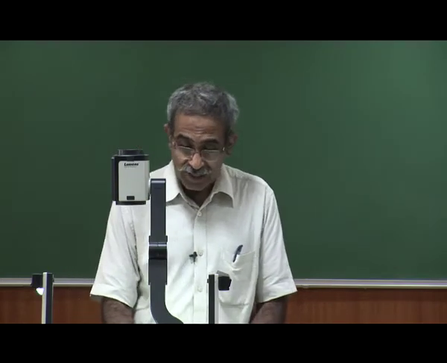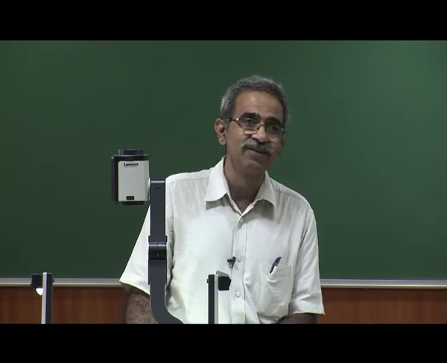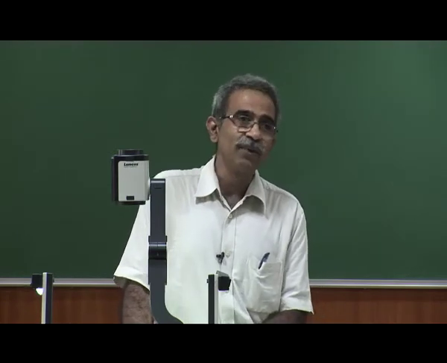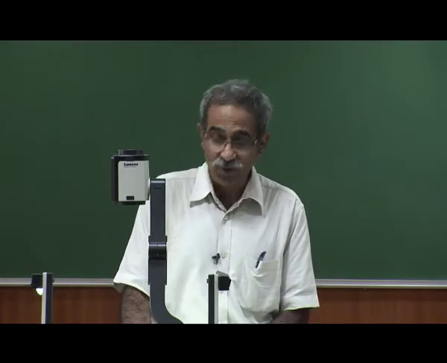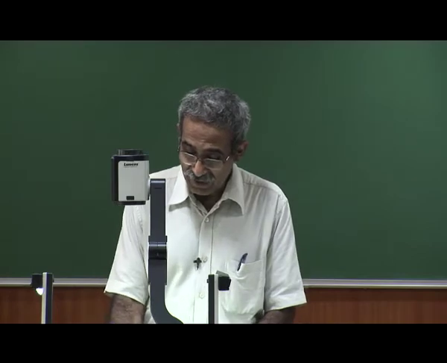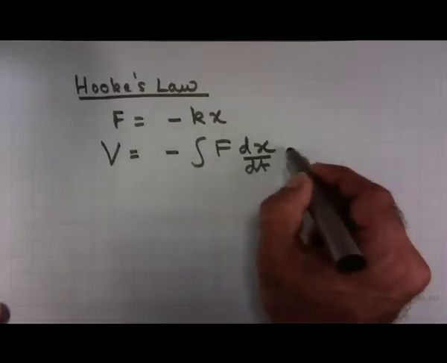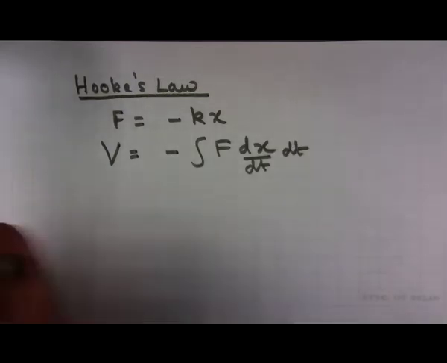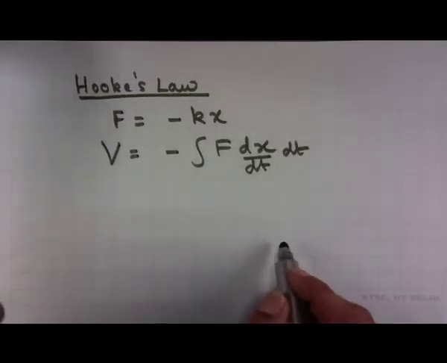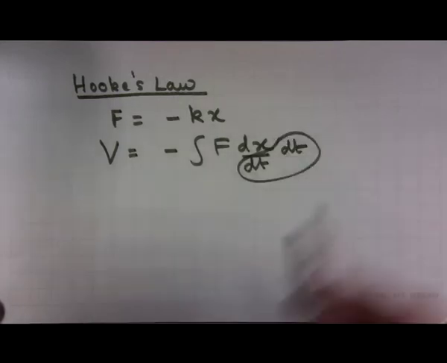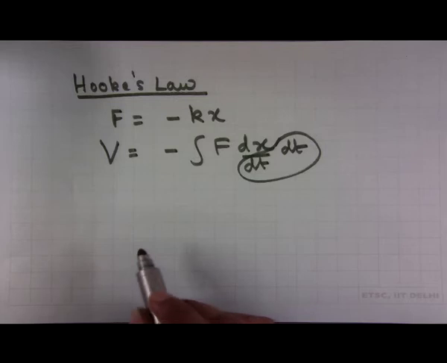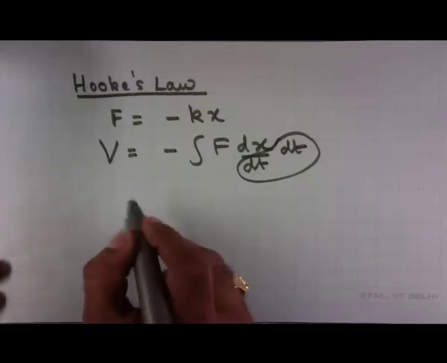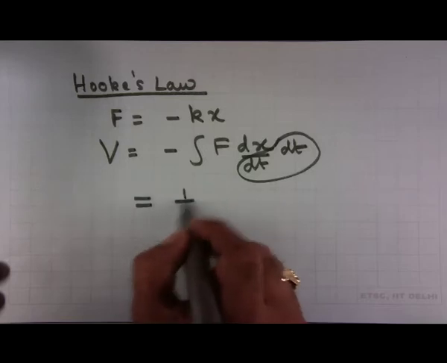If you have a more general case, for example, a particle is free to move in 2 dimensions or 3 dimensions, then what will happen? The force may be acting in one direction and the motion may be in another direction. So we don't want to do that. So what are we saying? Basically we want to write it as minus x dx by dt into dt. For example, I want to follow what is happening. Is that right? So this is what I have in my mind. So in rectilinear motion there is no problem at all, because force is in some direction, dx is there. So if I now write minus f dx, dx is of course always a positive increment, you find that this quantity is nothing but half kx squared.